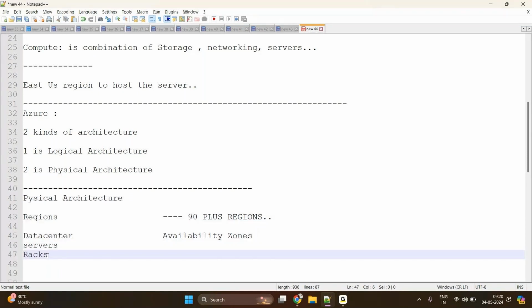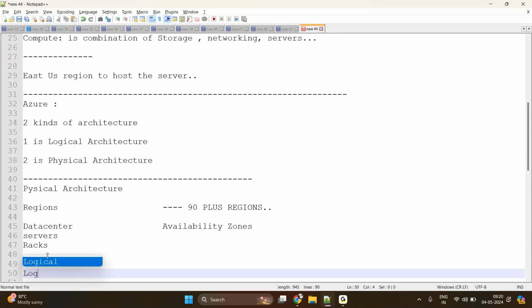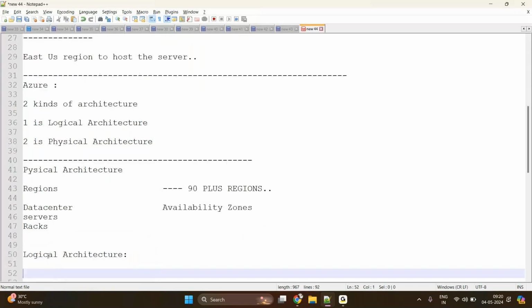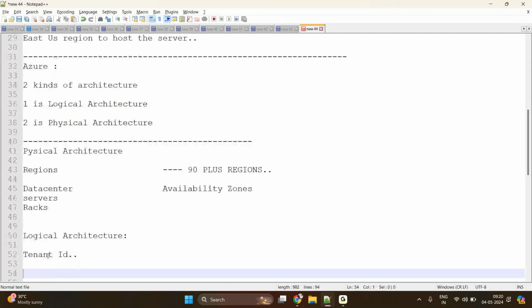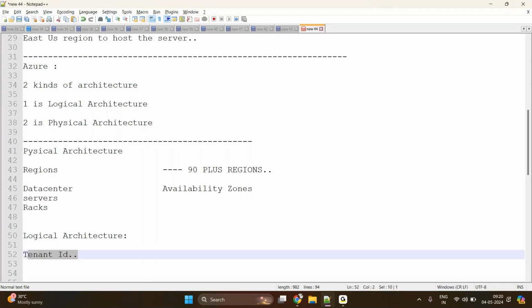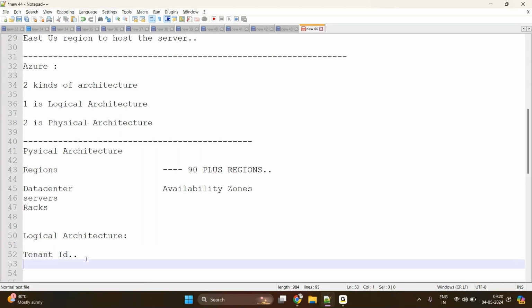Let's go with logical architecture. In the logical architecture, you have something called tenant ID. This is your account, like you are logging in with at the rate your name at the rate outlook.com or at the rate deloitte.com, at the rate valuelabs.com, at the rate microsoft.com. That comes under this account, and below that you'll have something called management resource group for managing multiple accounts,